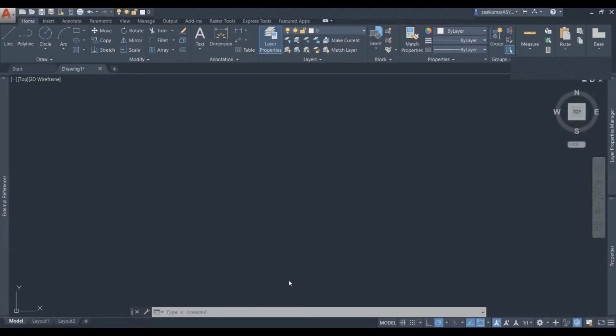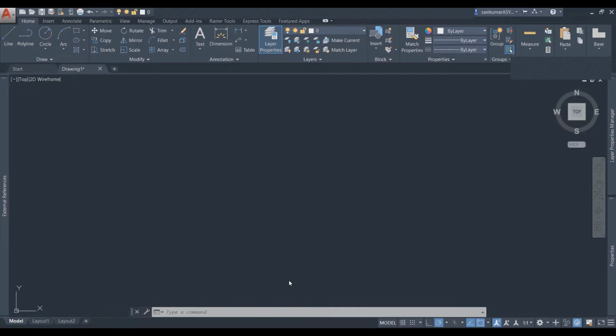So once you draw the drawing, or once you start to draw the drawing, you should double confirm the length or width or arc or radius or circle or distance, whatever. Then only your drawing is 100% correct. Otherwise, it will not be a correct drawing. So the first thing is you have to confirm yourself. That's why you need to mention the drawing dimension.